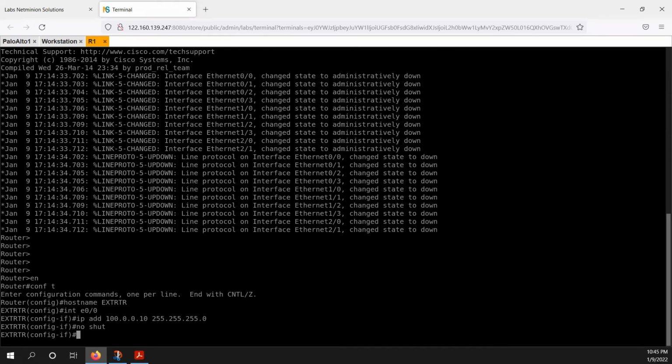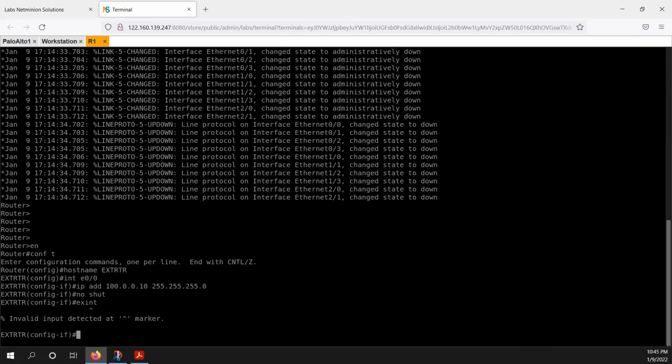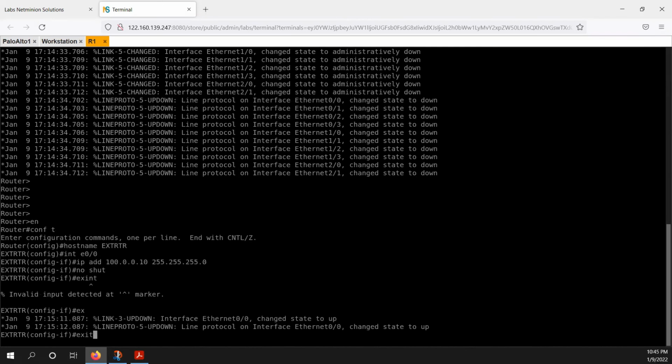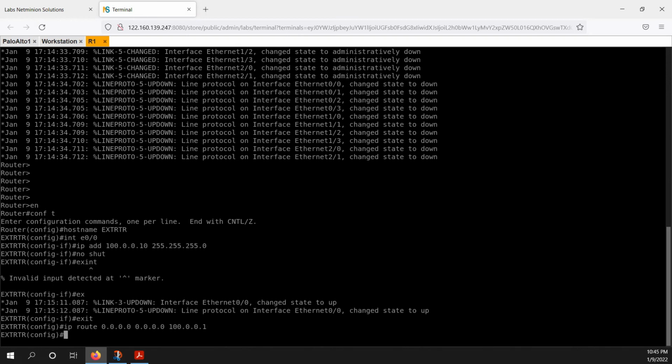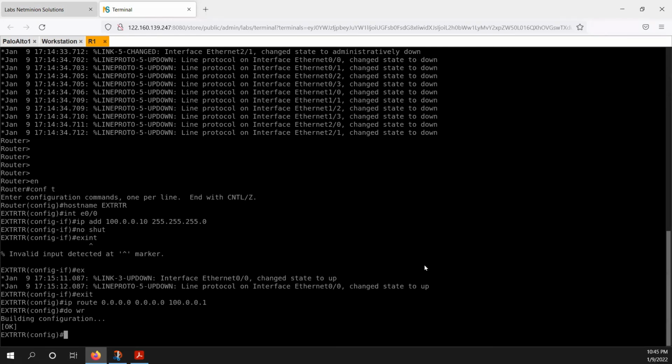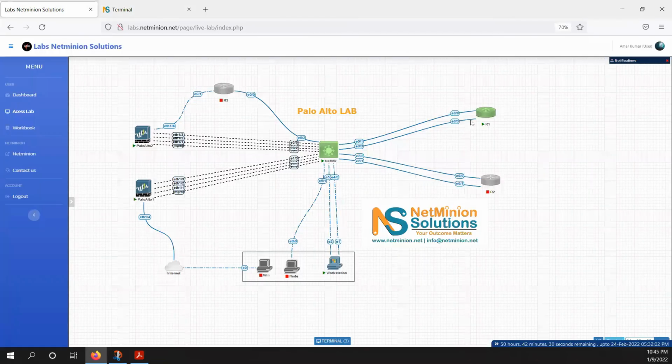And then default routing, I'm going to enable for the default gateway. So ip route 0.0.0.0 0.0.0.0 100.0.0.1. Write memory. And now try to generate traffic from this workstation to this router.